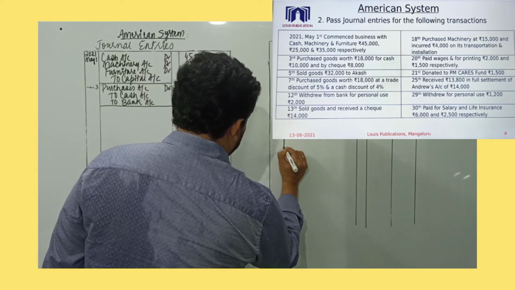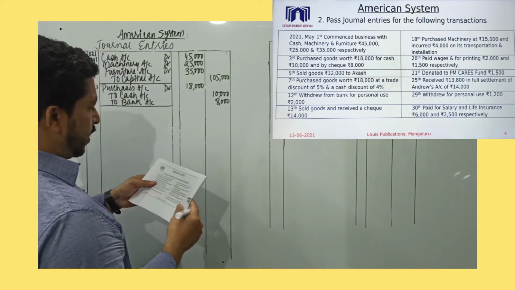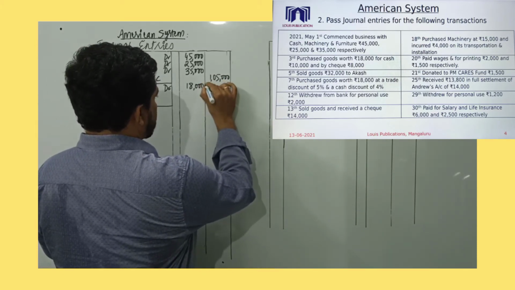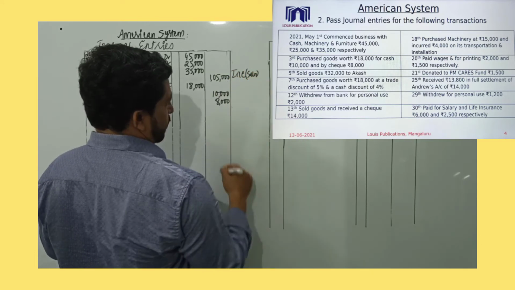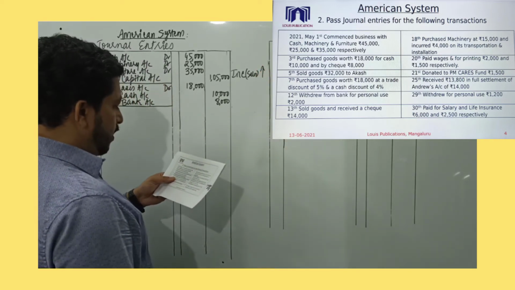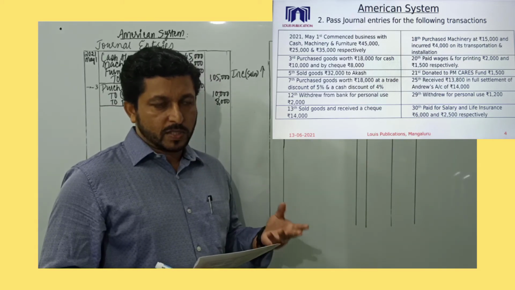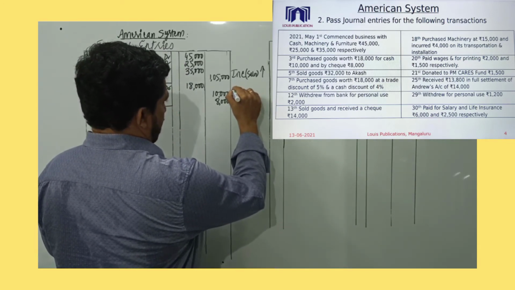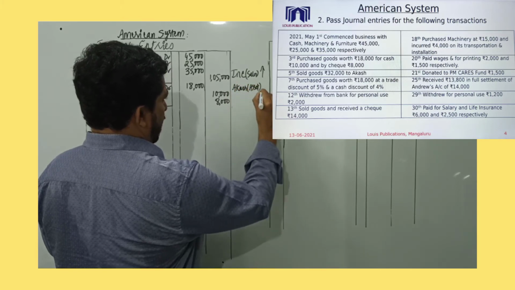The next transaction that we have is dated June 5th. Sold goods rupees 32,000 to Akash. Sold goods, let's understand. Sold goods is an income. So I record over here income. Name of the income is sales. And income increases. And we have Akash. It's a credit transaction because cash is nowhere given. So Akash becomes our asset, because we have to receive money from Akash.